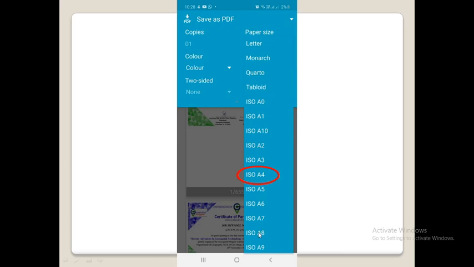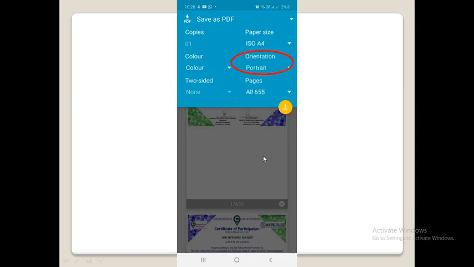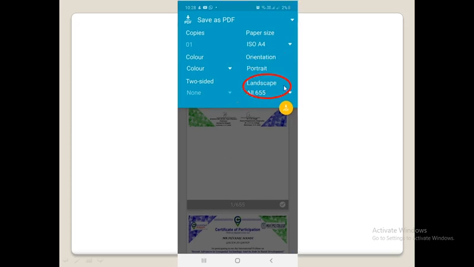Then you will see a lot of options here. Select ISO A4. Then in the orientation option, just click the landscape one. Select the landscape button.